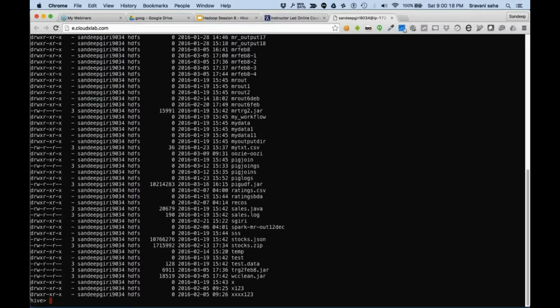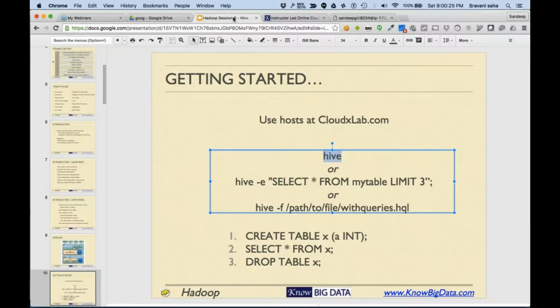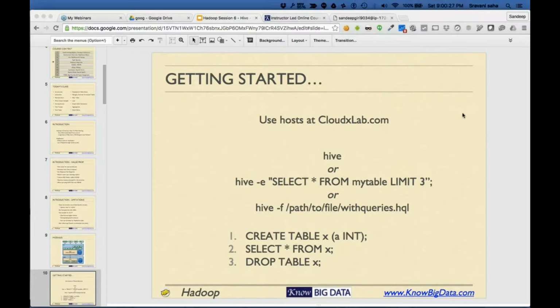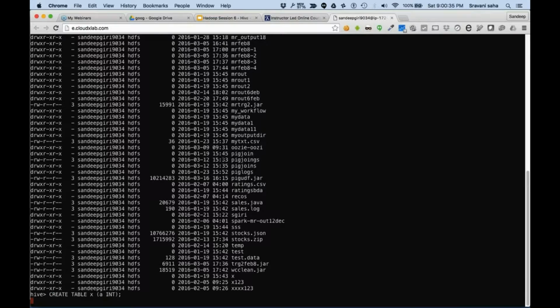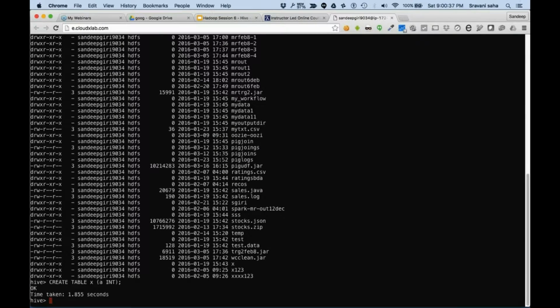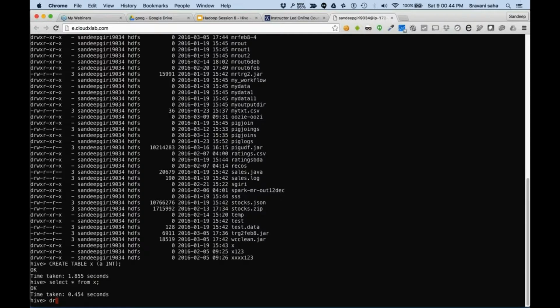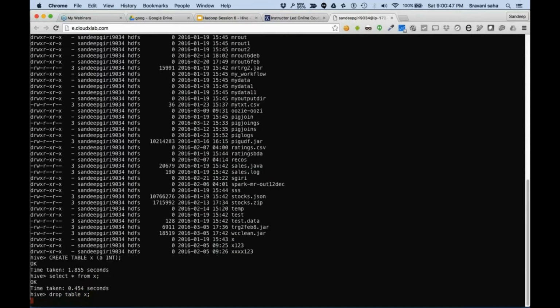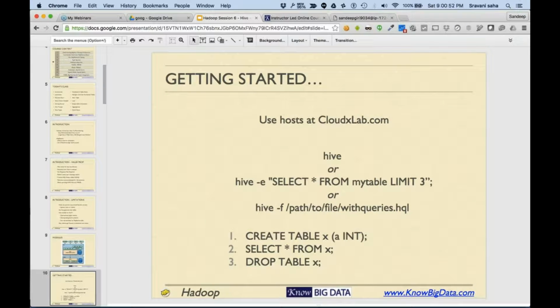Similar to Pig, it also allows you to type the usual HDFS commands, such as DFS. And let's also try to create a simple table and run a simple query. We just created an empty table, it has nothing right now, and then we can say drop table X. Good. So we just created a simple table, did nothing, and deleted it.